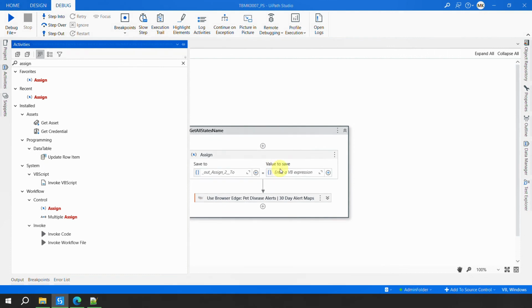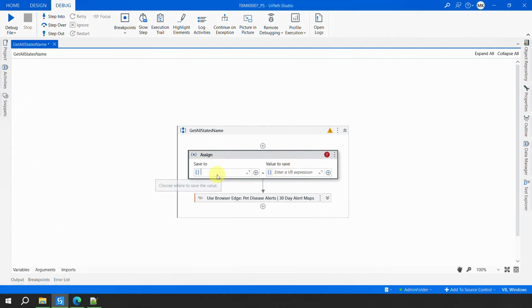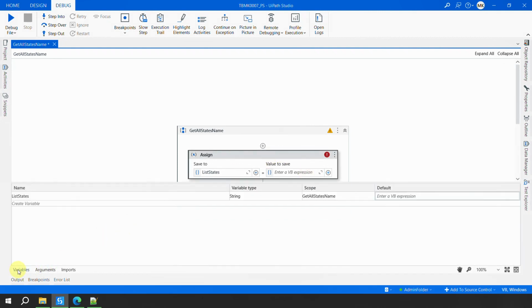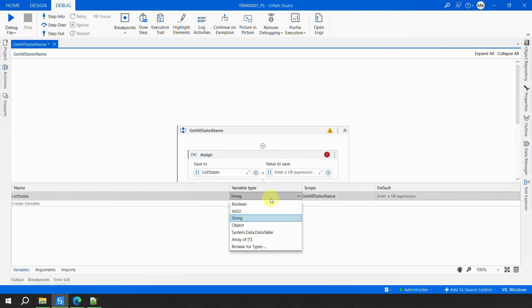Okay, and here I would create a new list, right? So I will create a new list. How do you create a new list? You can just use a variable. I'll call this list of states, right? And in the variables here, I'll go here, browse for types, and